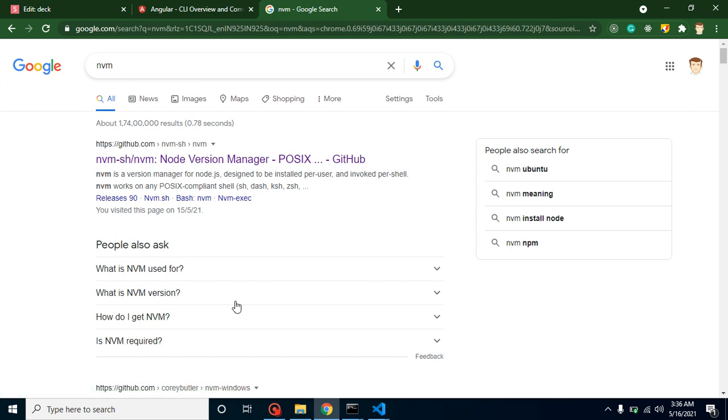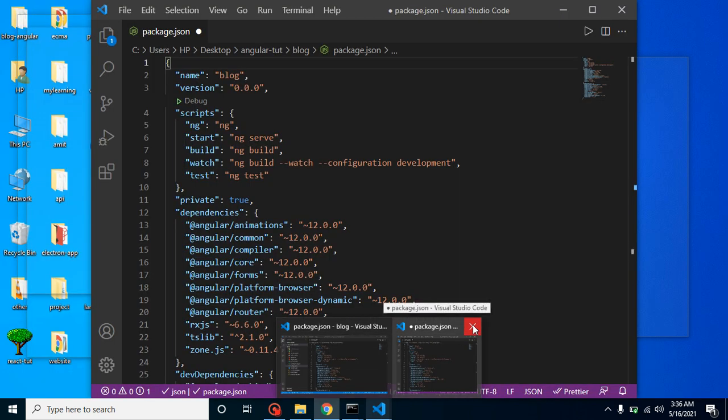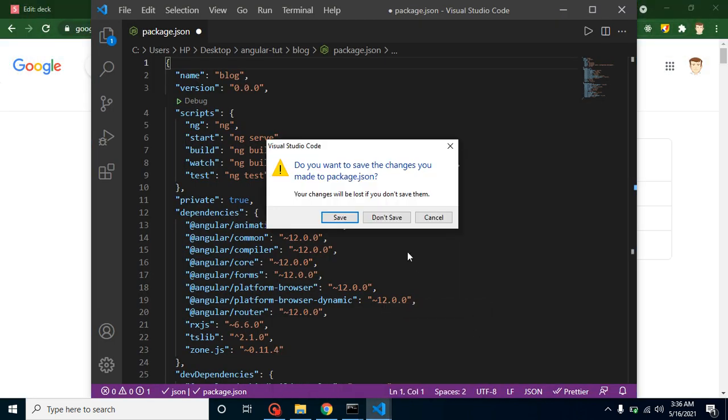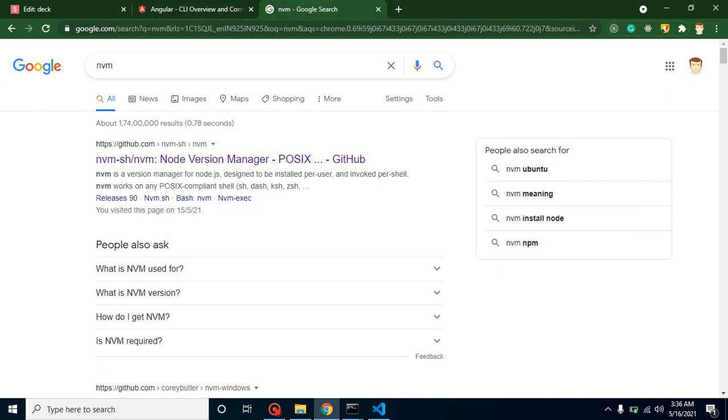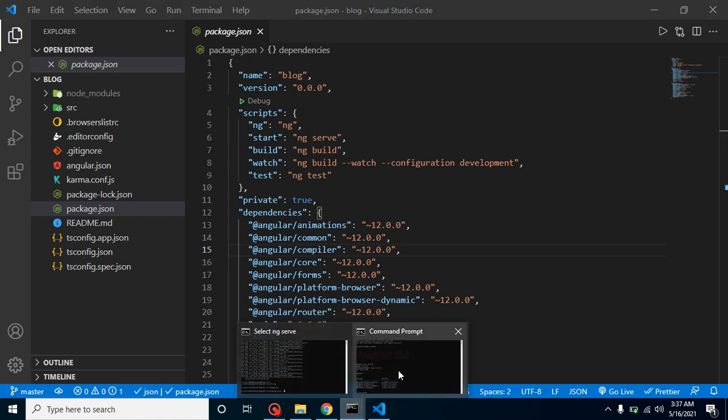And the next question, which is very important. Okay, we can just close that one, we don't need that, right? Our project is here. So the last question, and this is very important: as you can see, we have installed the latest version of Angular. So let's say you want to install a specific version like Angular 11 or 10, how can you install it? There are two ways to install it.